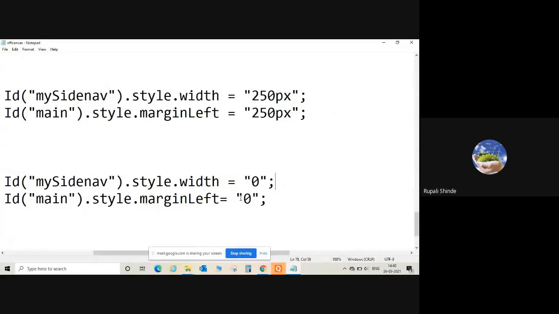Basically, it requires JavaScript. It will be more clear to you whenever we finish the JavaScript, which is included in the third unit. So accordingly, we can execute the off canvas. You can execute it during your practical also.